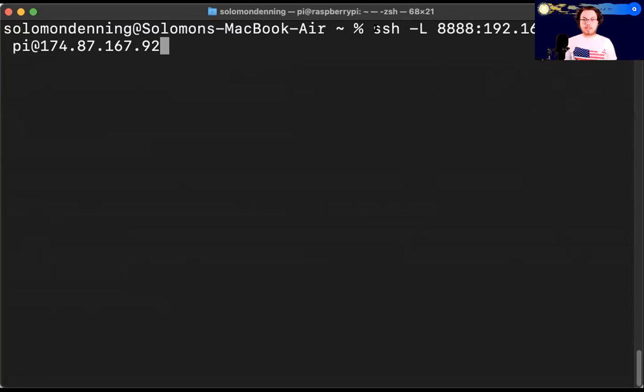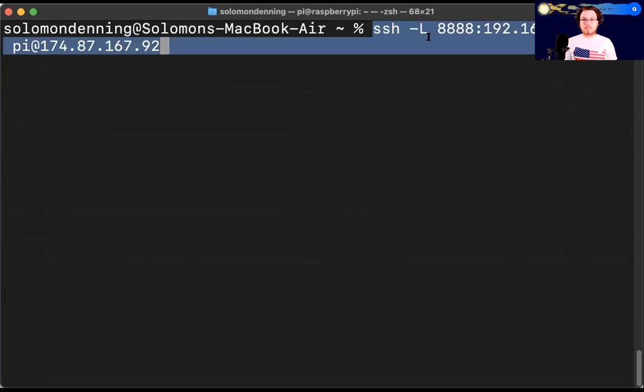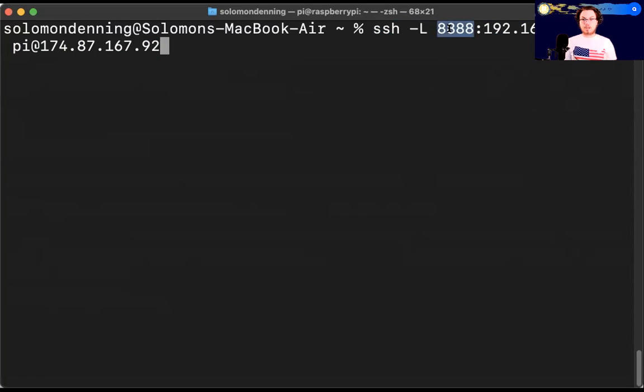So you can see that we have ssh -L. Then we have a local port. For me, I'm choosing 8888. You could choose anything that's not used. And then I'm supplying, this should look familiar,